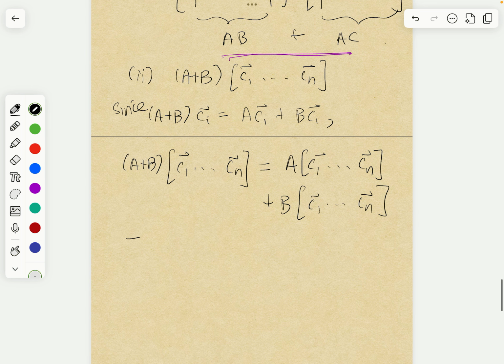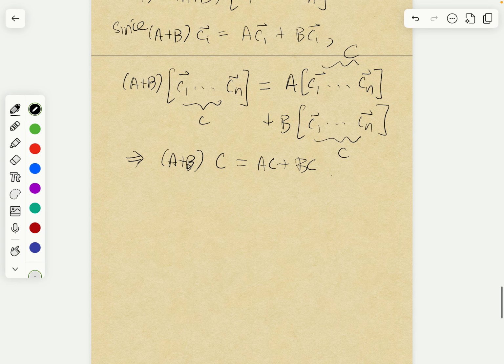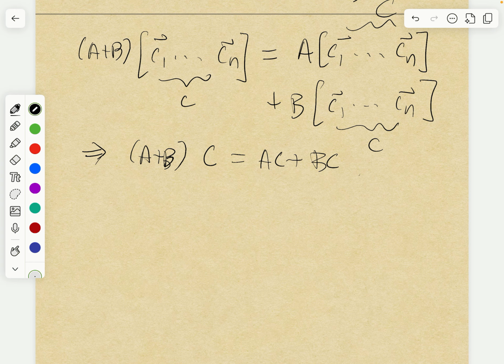But this is the same as saying that A plus B times C is equal to AC plus BC. Okay, so let's just check that when you take the sum of two matrices and multiply by a vector, you can multiply each matrix by the vector and add them. Hopefully that's completely believable, but